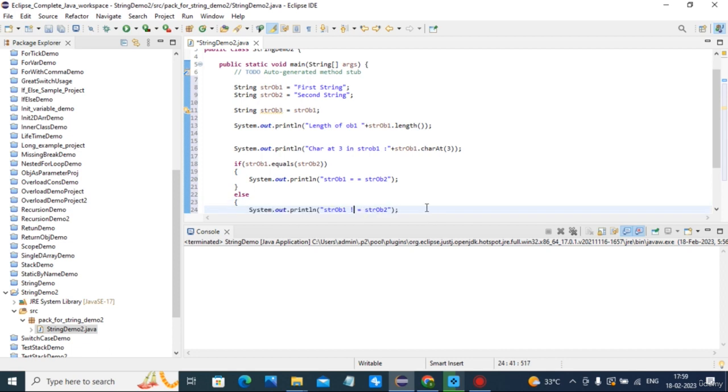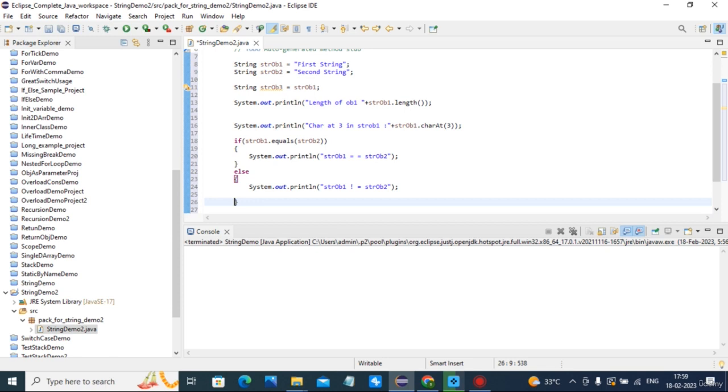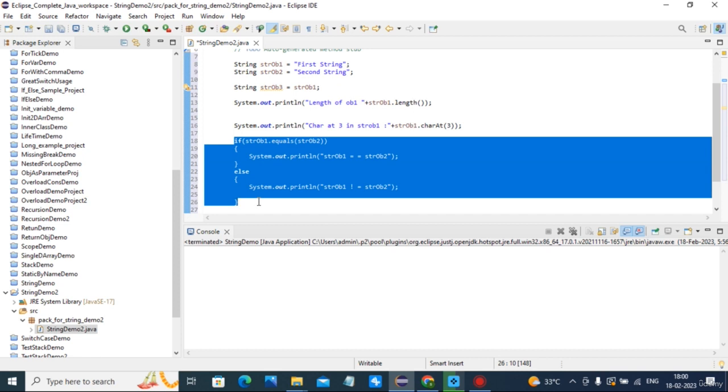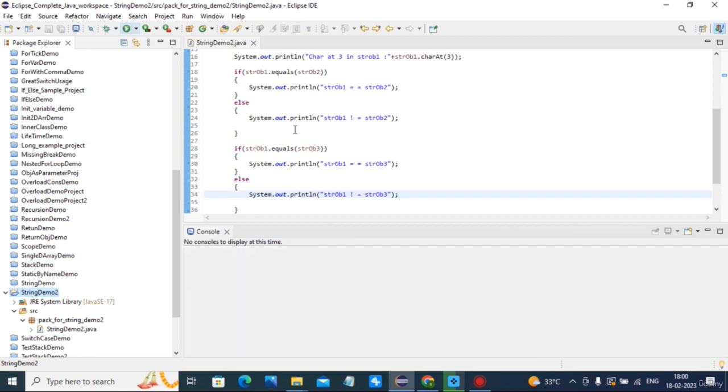Then I will check equality of string object 1 and string object 3. The same way I will write down here. If string object 1 equals string object 3, it will be equal. Otherwise, it will be not equal. And now I will run this code.